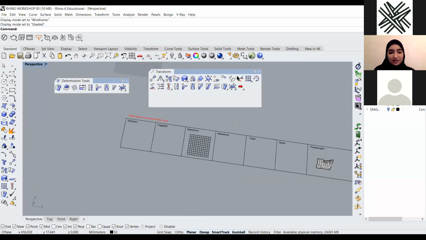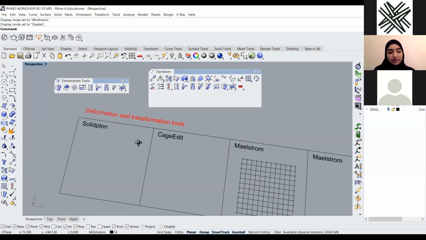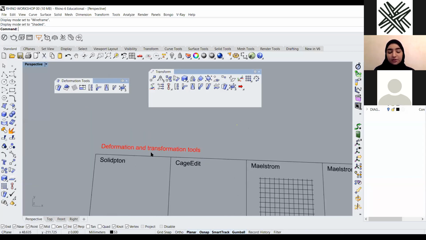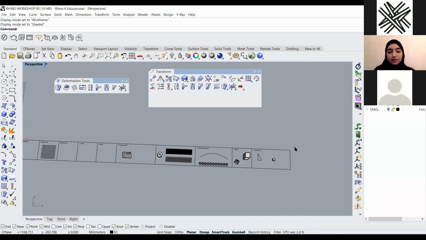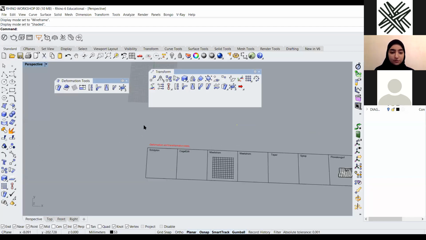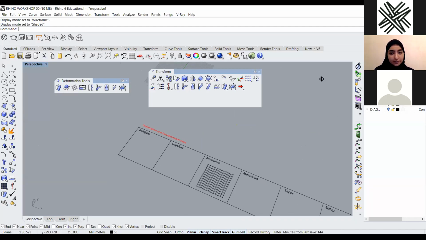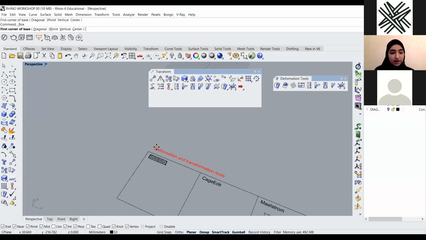Okay, so these are all different ways of surface deformation or solid deformation. So let's say you have this